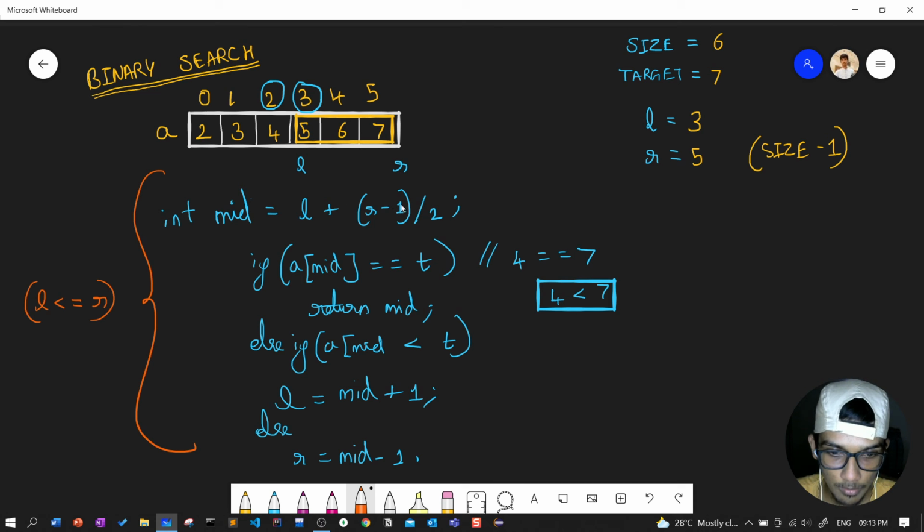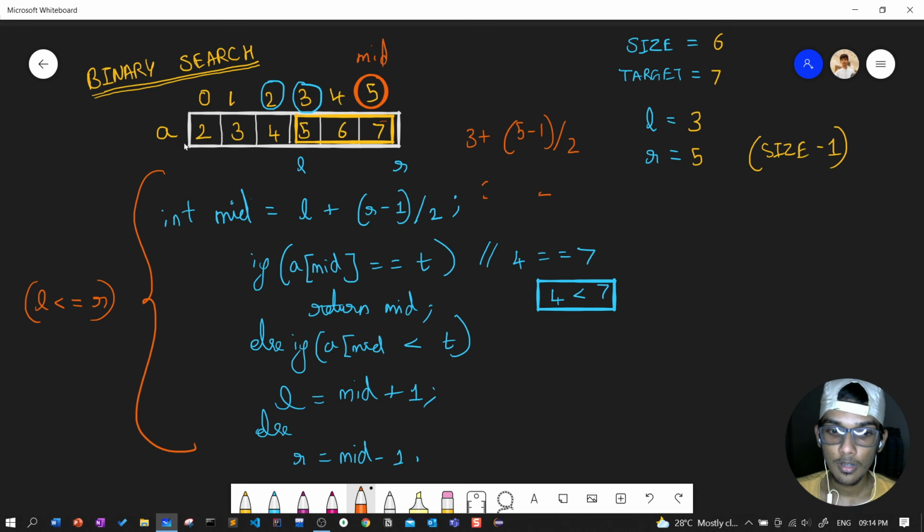So after doing this, we'll be calculating the mid value from here. Left is 3 and right is 5. So 3 plus right minus 1 divided by 2, that is 3 plus 4 by 2. This thing will work, and now we will have here 2, 2 plus 1 is 5. So the mid element will come here. So this will be the mid element. If the mid is present here, it will be returned.